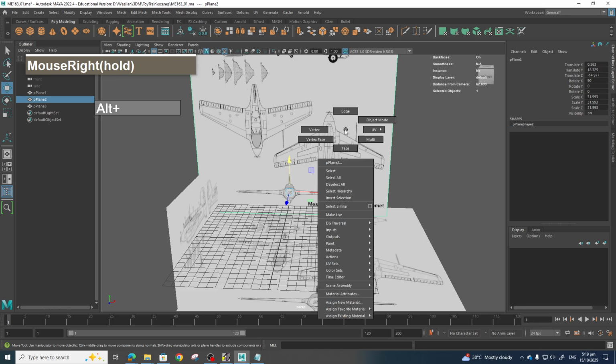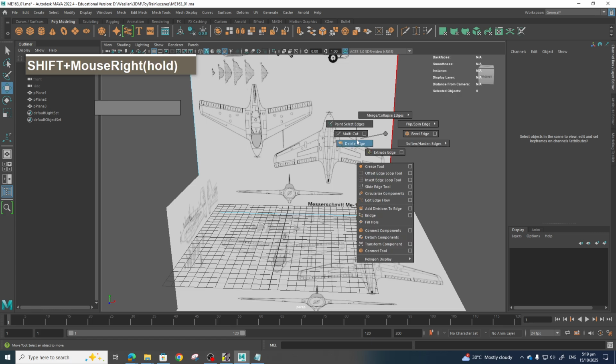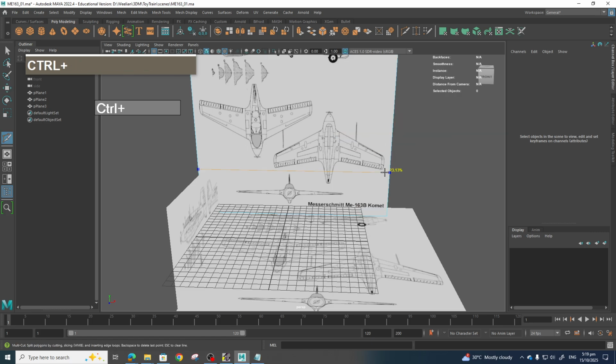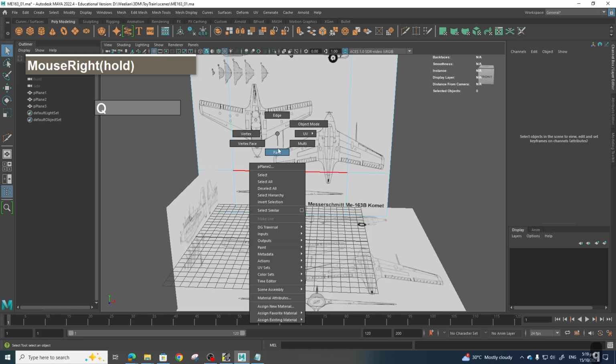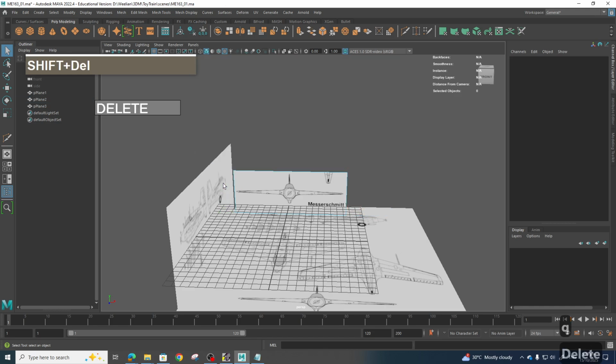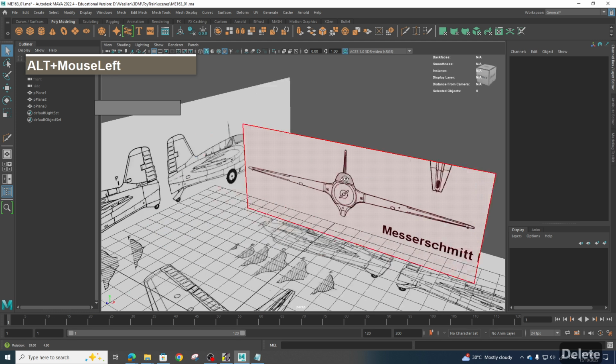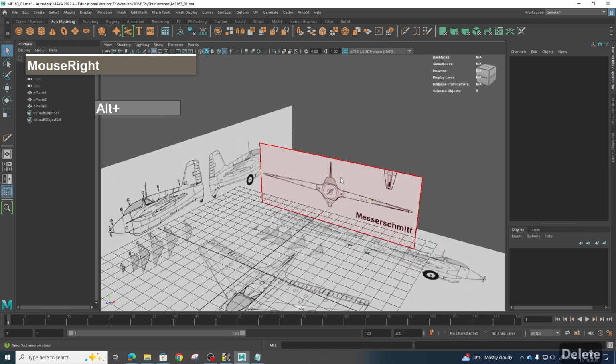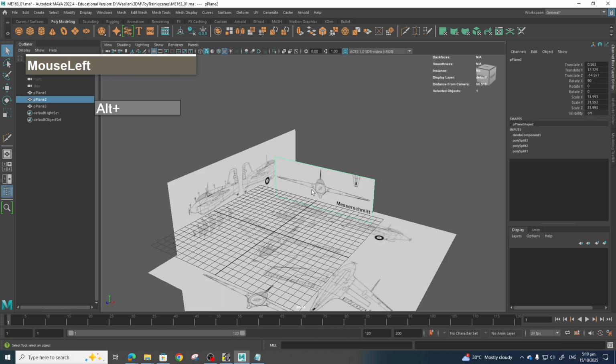Okay, we can go over to edit mode, go to edge mode, and then we can use the multi-cut tool to insert one edge here, and then another edge here. Then press Q to go to face selection mode and select the faces that you don't want and then delete. So now we only isolate the front view. So now go back to object mode. I can rename this plane, I can call this front